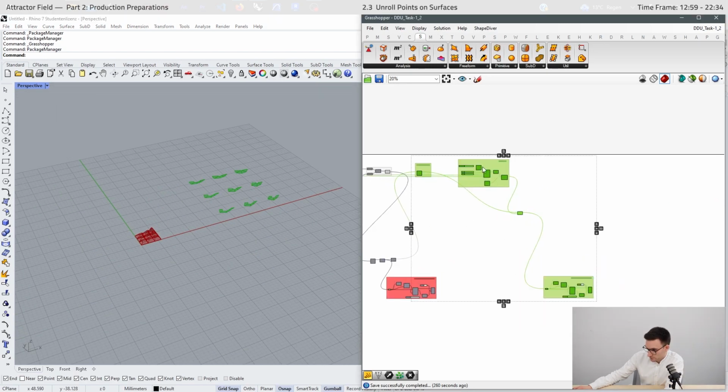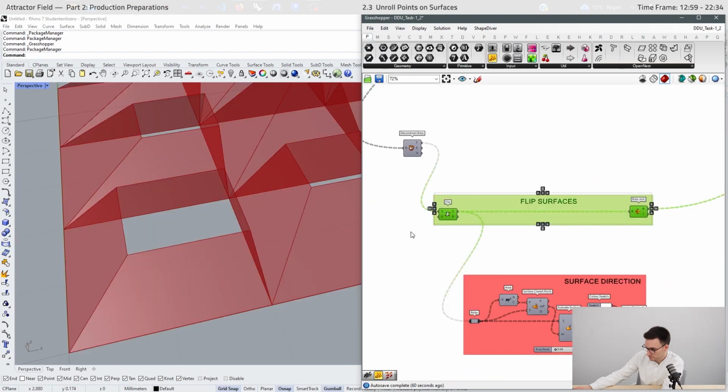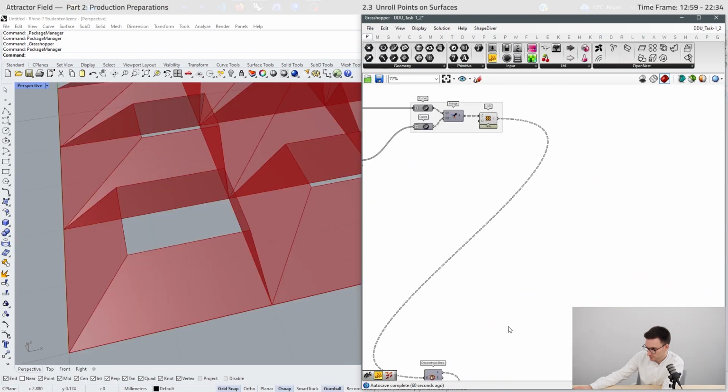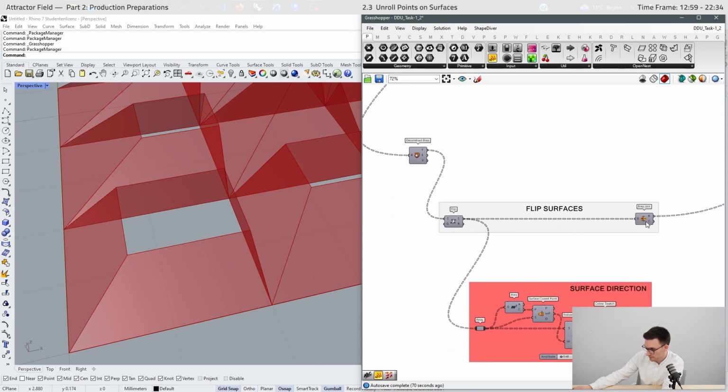We need more space here. I just grouped these components right here. So here are our surfaces. Here we flip them and here we join them together. So we receive the B-reps.